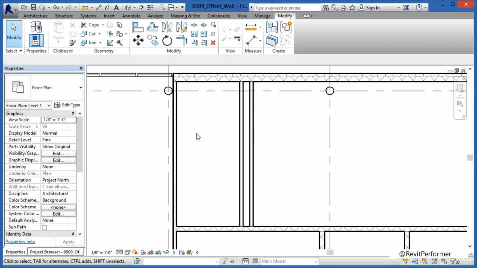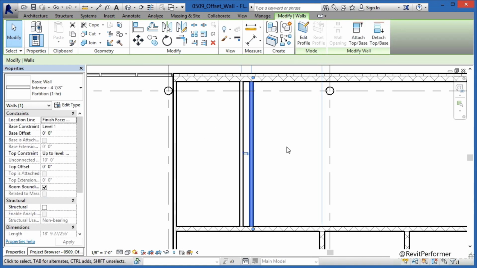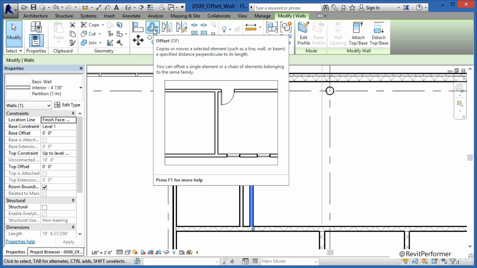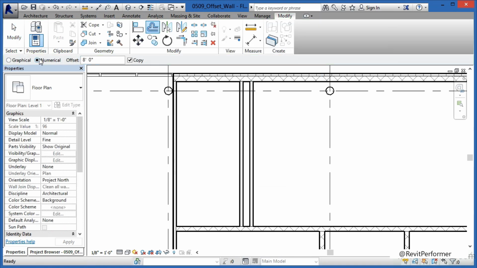And ultimately, these are going to be two different restrooms. So to do that, move your mouse over here and then select on this wall. When you do that, you'll have your modify tools available to you here in Revit. After that, move up and then select on the offset command. Click on offset. We're going to select a numerical distance, and it's going to be offset a certain distance away